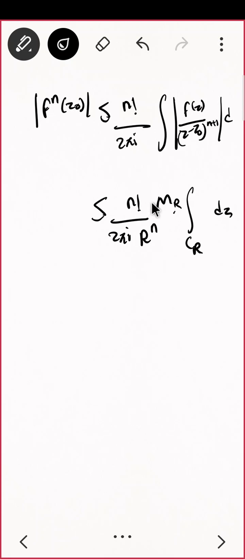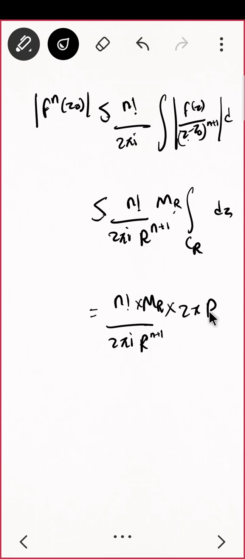It depends on your r, which we denoted MR. So this will be n factorial upon 2 pi r raised to n plus 1, I'm sorry, this will be n plus 1 because this is mod of z minus z naught raised to n plus 1. So this will be r raised to n plus 1, here MR is already there, and its perimeter is 2 pi r. So r gets cancelled, 2 pi gets cancelled, and